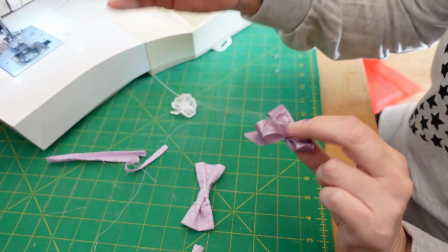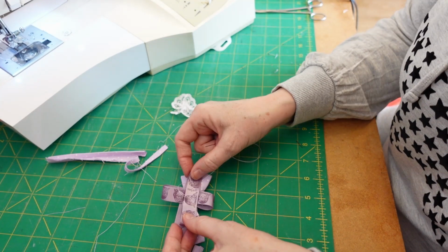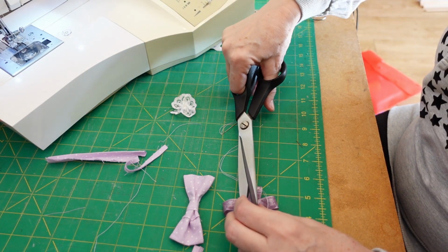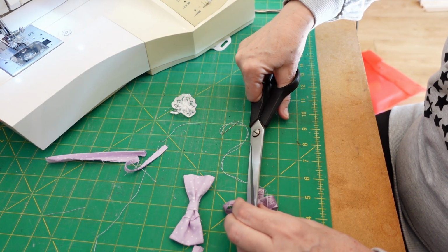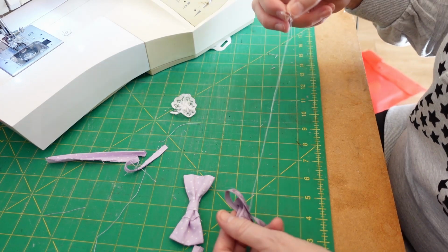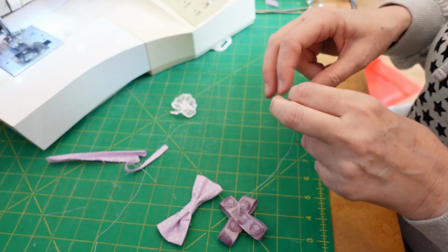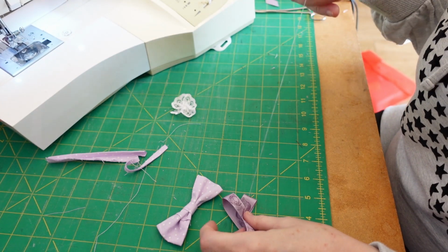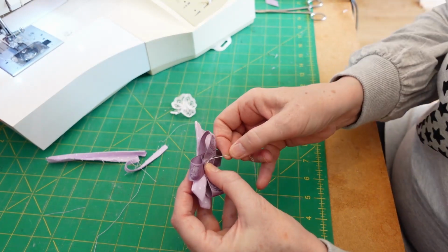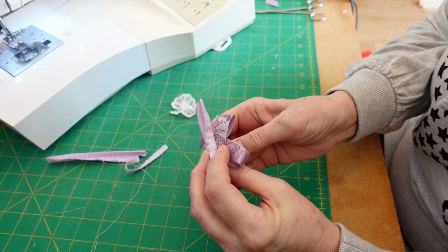There. So you can have it on this way round. Like that. And I will get rid of this extra piece on the end here. And I'm going to cut it in a bit of a diagonal. I don't want it fraying. You can burn the ribbon if you're worried about it fraying before you start, but I'm not going to do that. So that's going on, so I'm going to pop that one on there and stitch it onto this piece